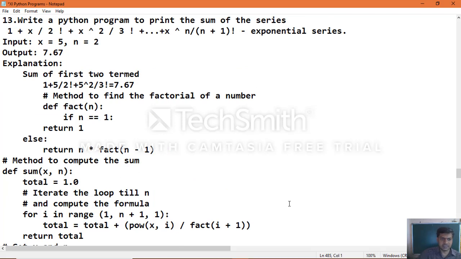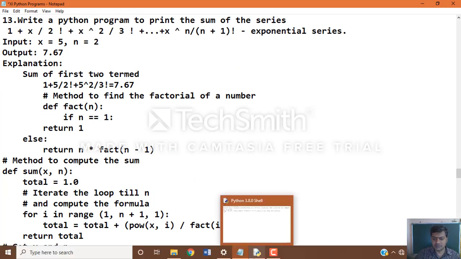We'll start with the first example, the sum of series which you want to execute.